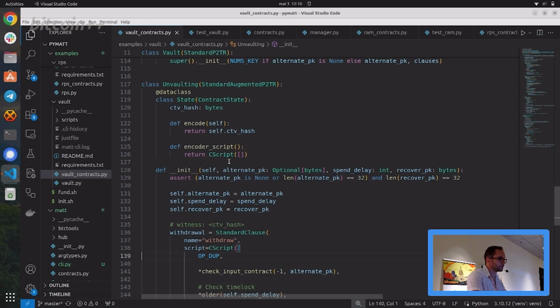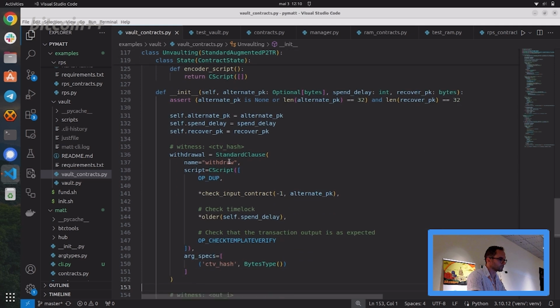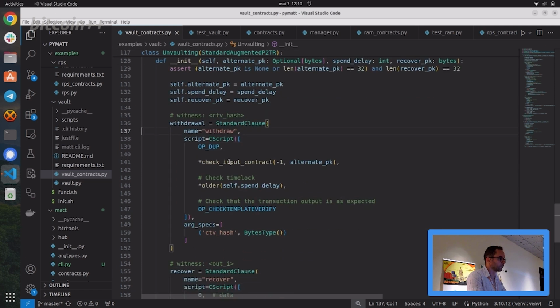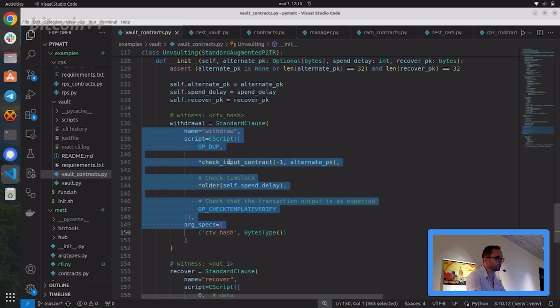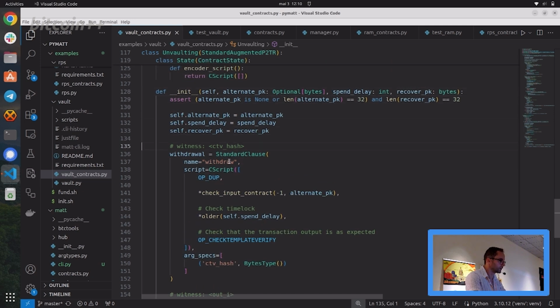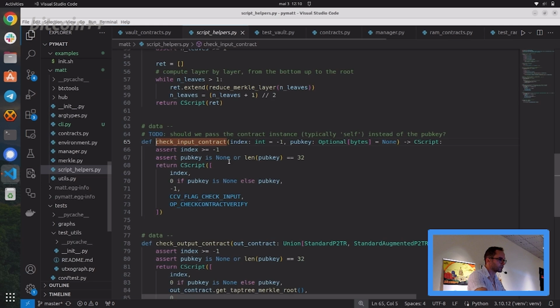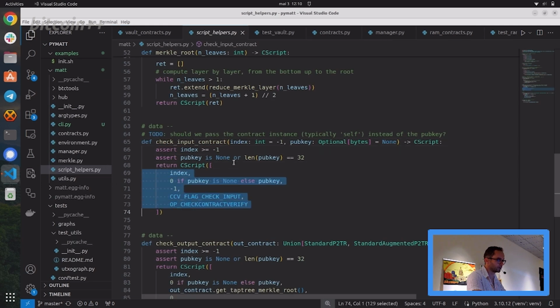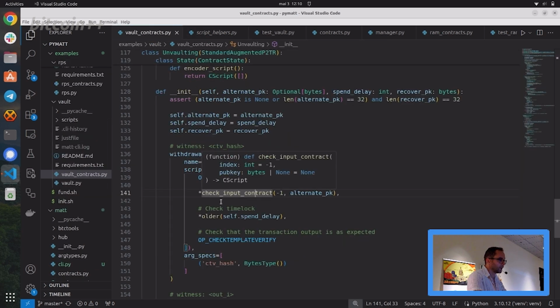And then for the unvaulting contract, we have two clauses, which are withdrawal and recover. Withdrawal is just checking that indeed the money is going to the final destination. But first we have to read this destination. So this is some boilerplate that I simplified with a helper function, but this is basically doing check contract verify on the input to check that the data was indeed what we are passing. And